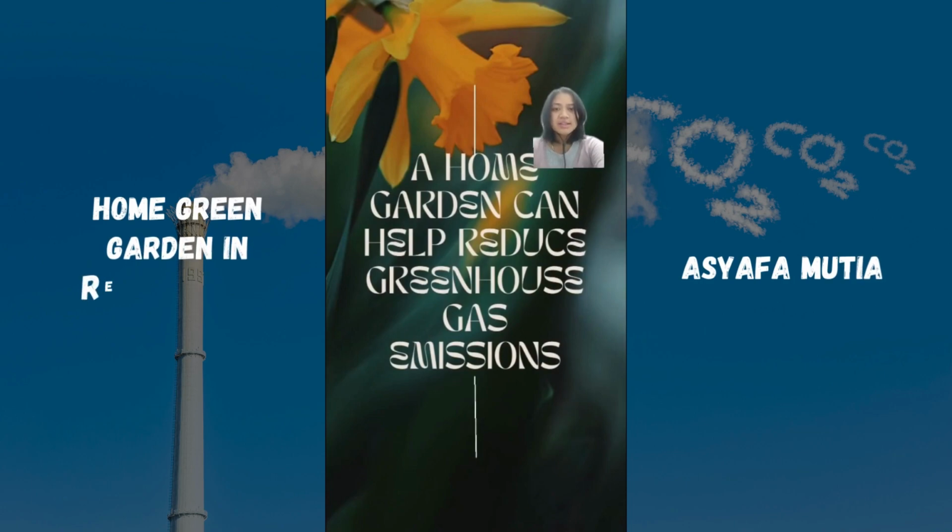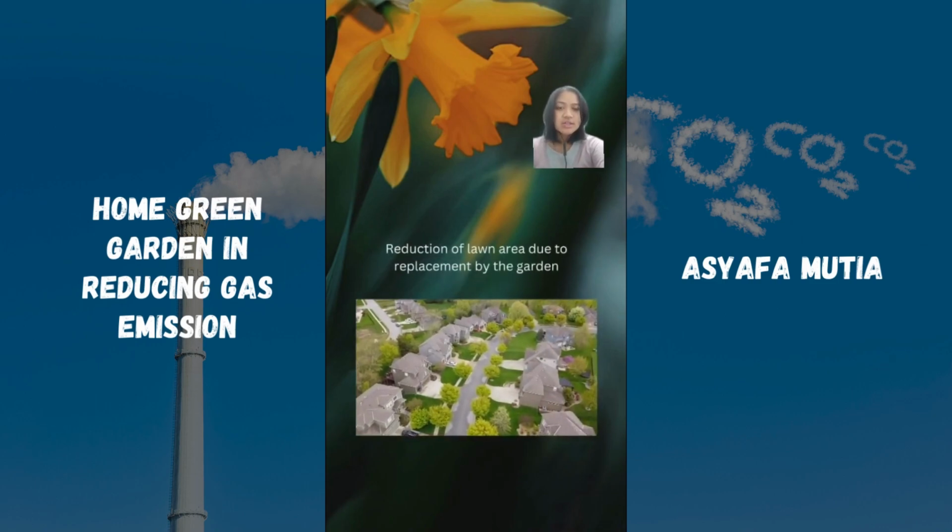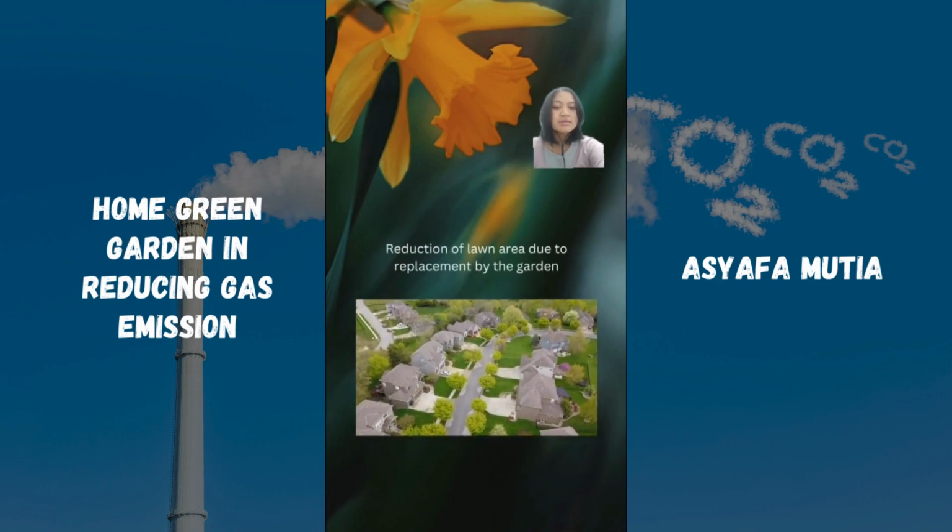A home garden can help reduce greenhouse gas emissions. Planting a home garden can cut carbon emissions to the atmosphere. Those factors are reduction of lawn area due to replacement by the garden,